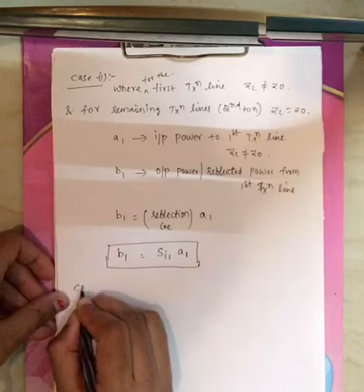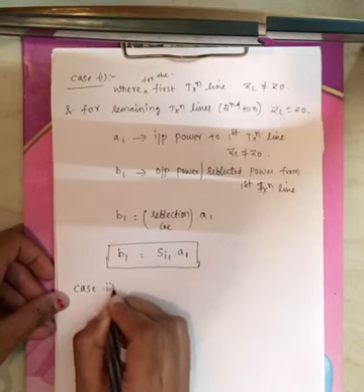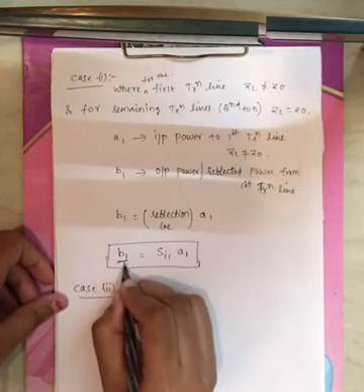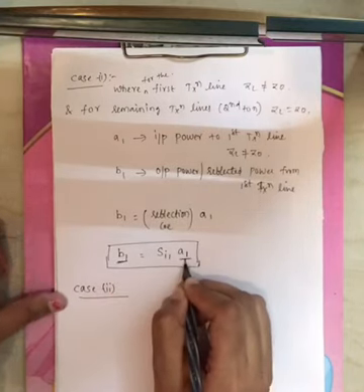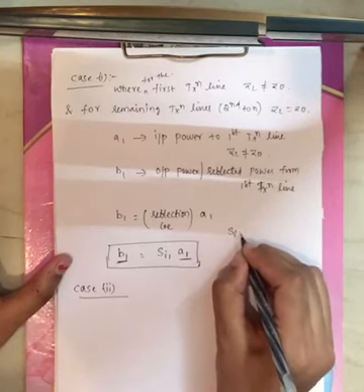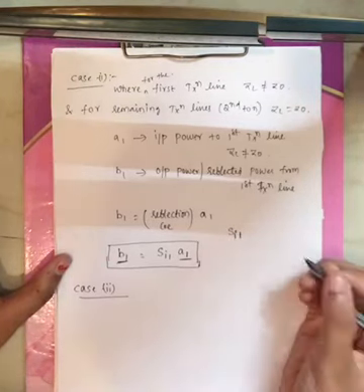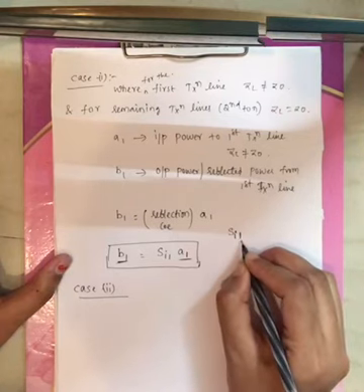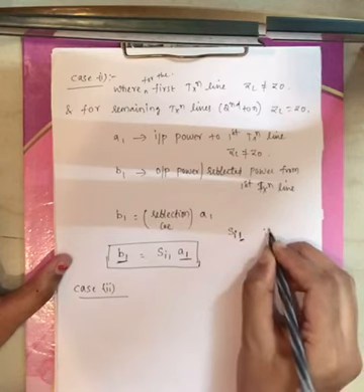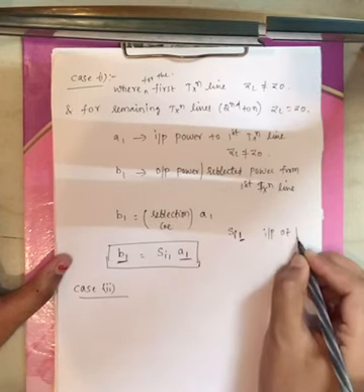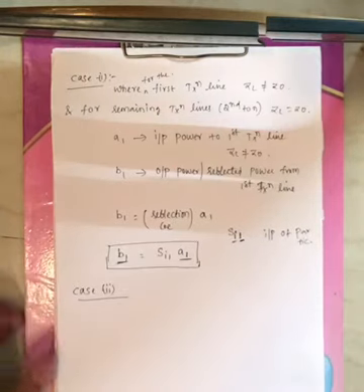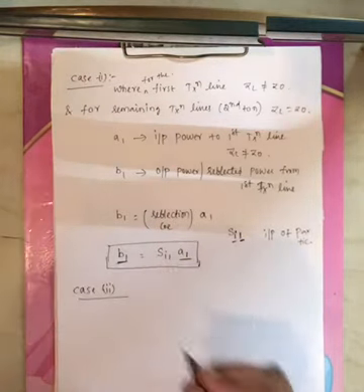Now consider case 2. If you see this, B1 is the reflected power and A1 is the incident power from port 1, that is the first transmission line. S11, the input you are giving to port 1. The index i1 is nothing but the input of a particular port or transmission line, and i will vary, right?